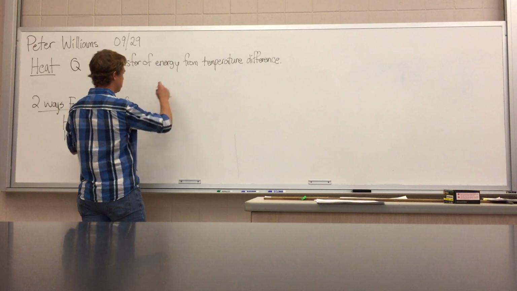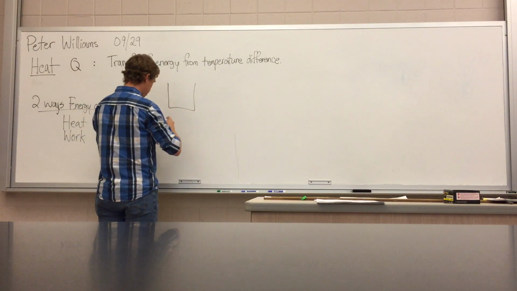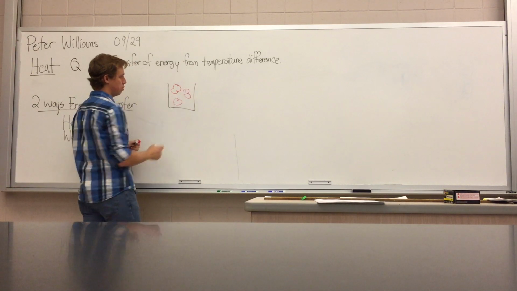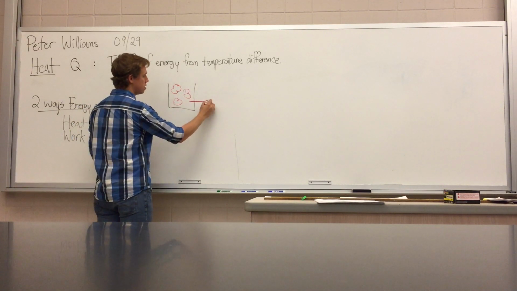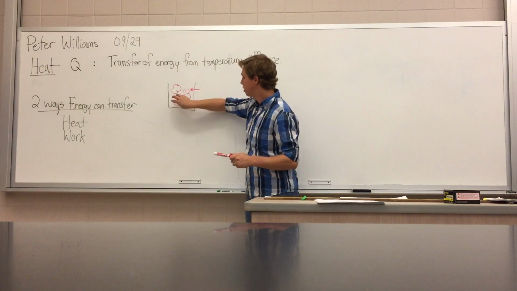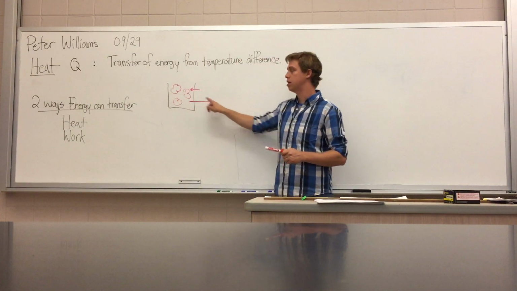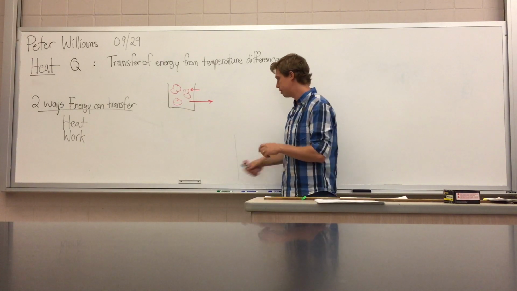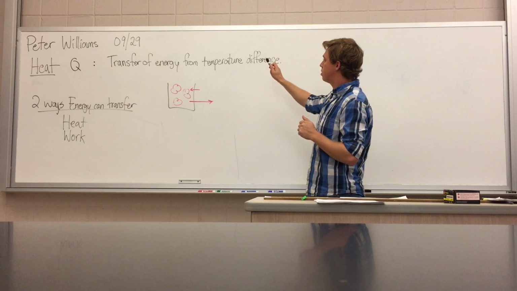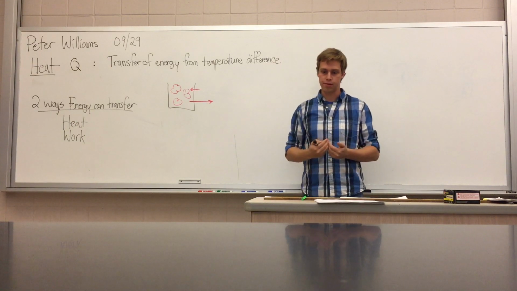If I have a system, energy is what's in the system, right? Heat is an arrow, okay? Heat is not what the system contains, it is the flow, okay? So when we talk about transfer of energy from temperature difference,